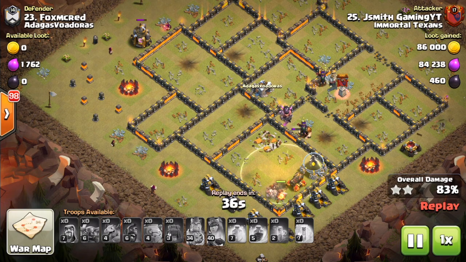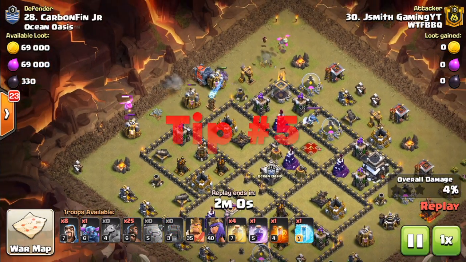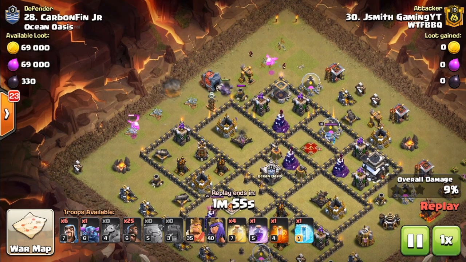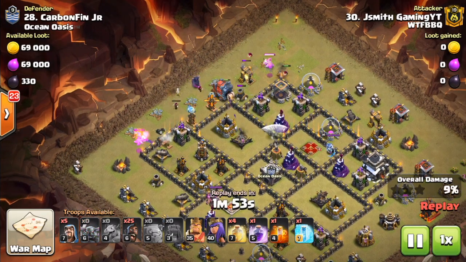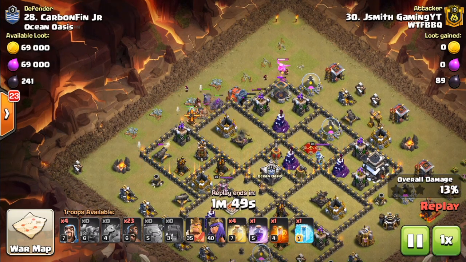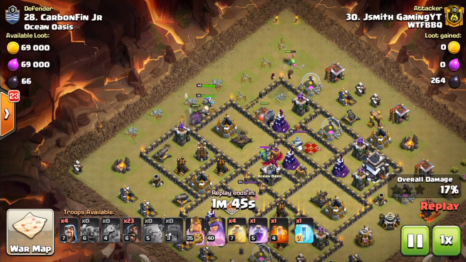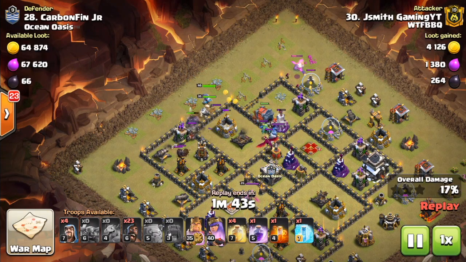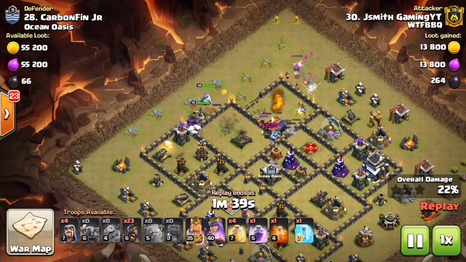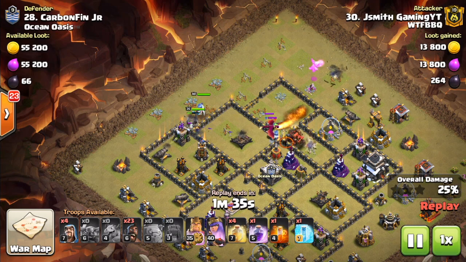Let's go ahead and get into tip number 5. In tip number 5, we're going to be talking about how to recover from a mistake. In this clip, it's actually a video of me attacking Carbonfin, his Town Hall 9 account, and in this raid, I didn't have a good entry point with my wall wrecker, so my heroes and the majority of my kill squad went wide. So what ended up happening is my wall wrecker headed towards the Town Hall, and it was going to take care of the enemy queen, but the problem is that the baby dragon and the dragon stay